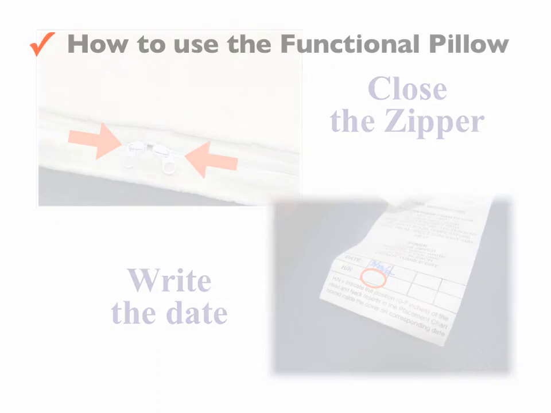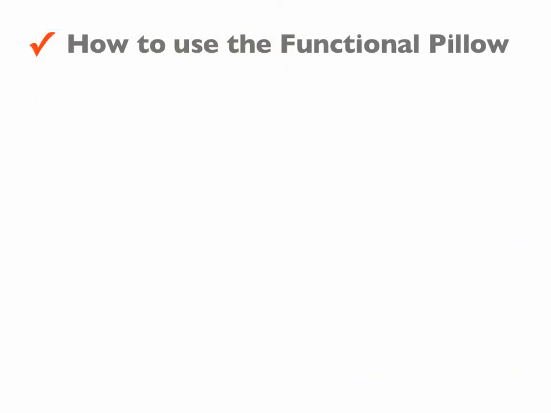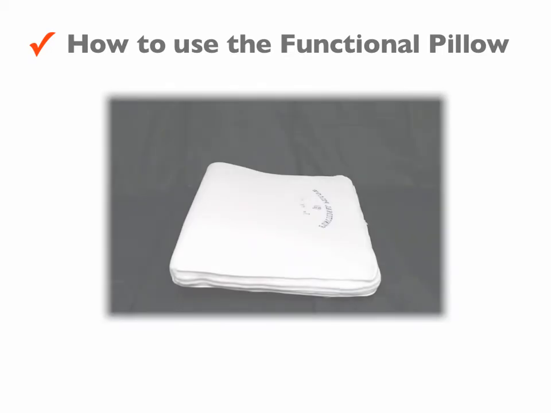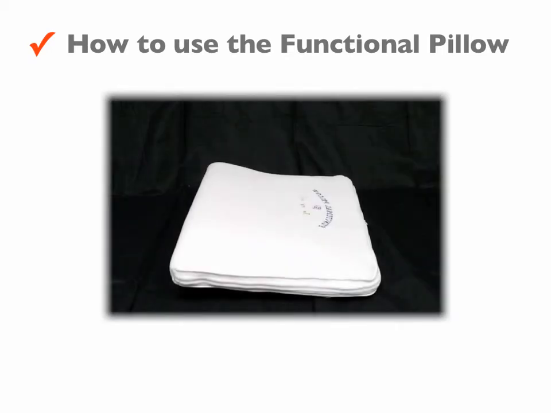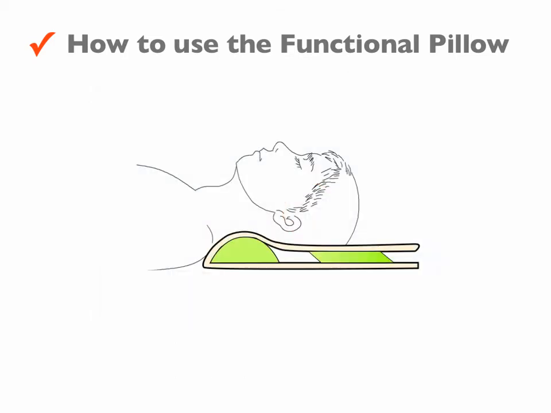Now that adjustments are finished, it's time to instruct John on how to use the functional pillow. The pillow should be positioned with the logo facing up. When John rests on the pillow, his head should rest on the functional pillow logo. When John lays on his back, his shoulders should touch the base of the functional pillow to allow the neck to rest in its neutral spinal curvature.